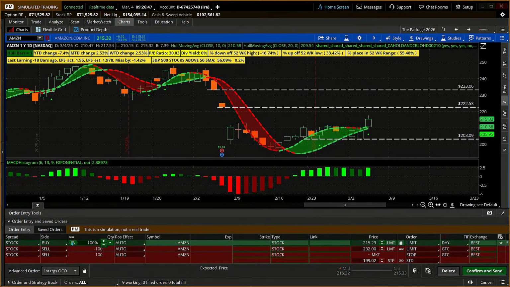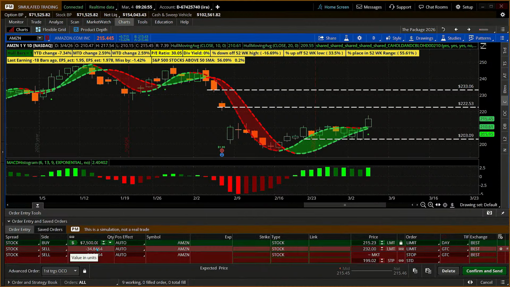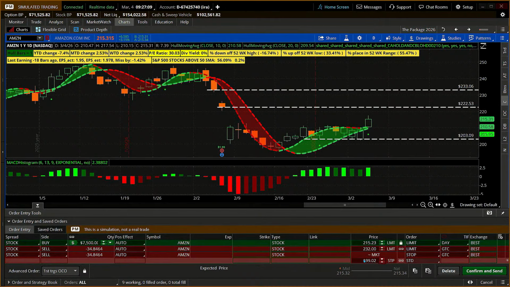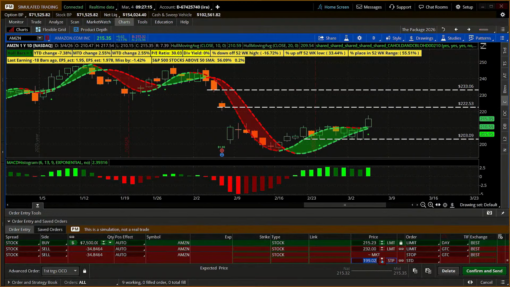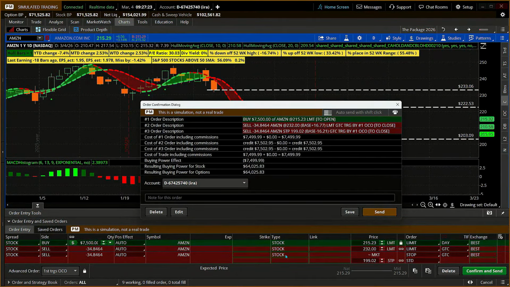Now, if we go back and ask how much capital we could put back in, let's go with the number we've been working on the last 2 months, which is about 7,500. If we take 7,500, it's about 34 shares of stock, okay? Now, remember how that stop works. The stop is saying if we go down to that price or less, sell the stock. It's not saying that's where it's going to sell. That's a trigger to sell. You can fill at that price or lower. Confirm, send. And now we actually see that stock trade right there. We know it's stock because it tells us 3 times. Send the order.